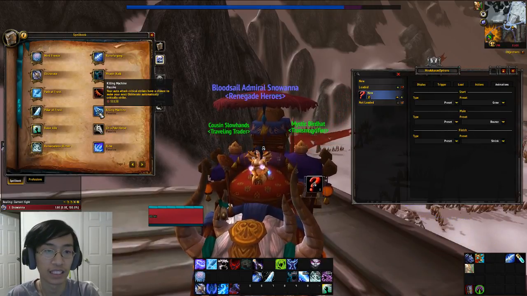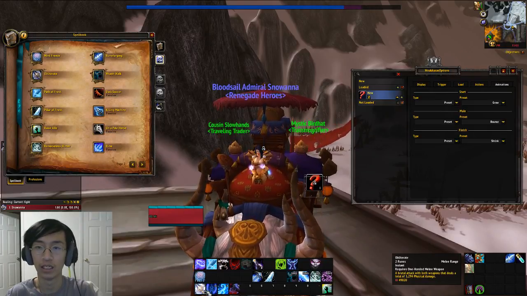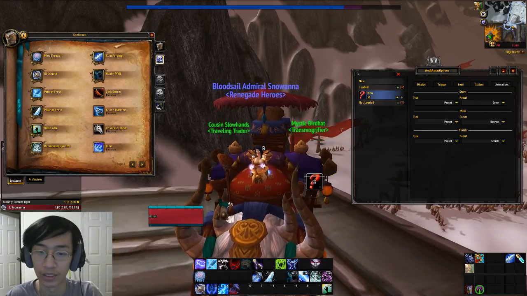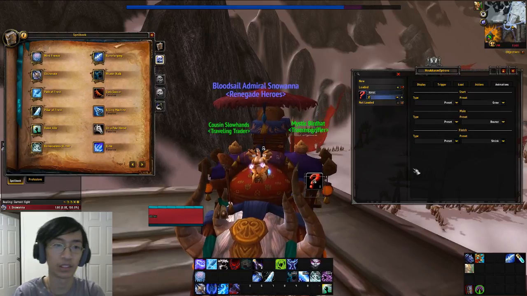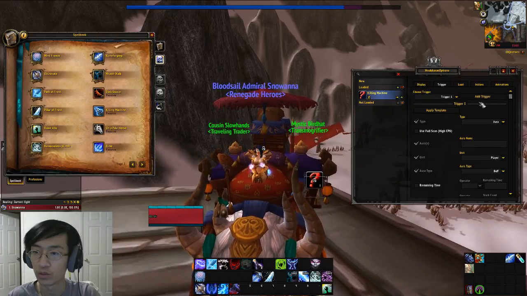When I get a killing machine proc, I would like to know more suddenly when I get that free obliterate. So instead of looking at my bars, I can create a WeakAura. So let's rename this to killing machine. Then we go over to trigger,